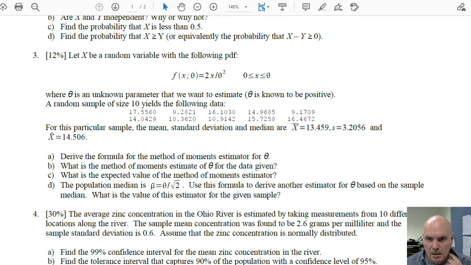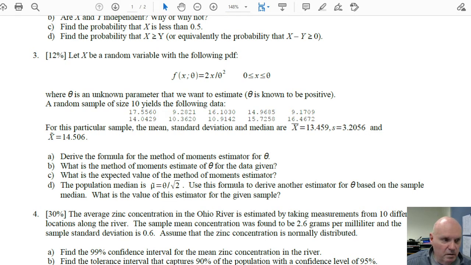Okay, let's take a look at problem 3 on the practice exam. Here you're given a PDF with an unknown parameter theta, and in this problem we want to estimate this unknown parameter theta, and you're given some data. X has this population, I'm sorry, the PDF that's given, and we've collected samples of X, and we've got the 10 samples